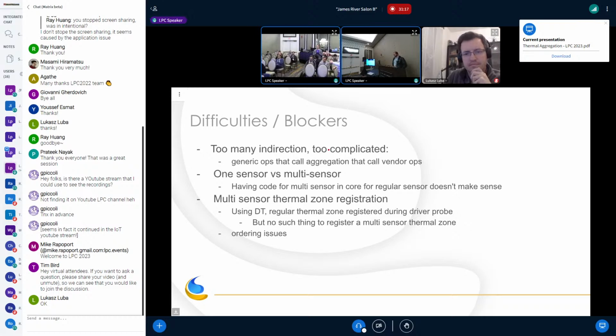One of the first use cases that comes to mind is, for example, you want to use the power allocator, the IPA, to mitigate the CPU. If you have multiple sensors, which one will you choose to mitigate? Because the IPA will be dealing with the same cooling devices.